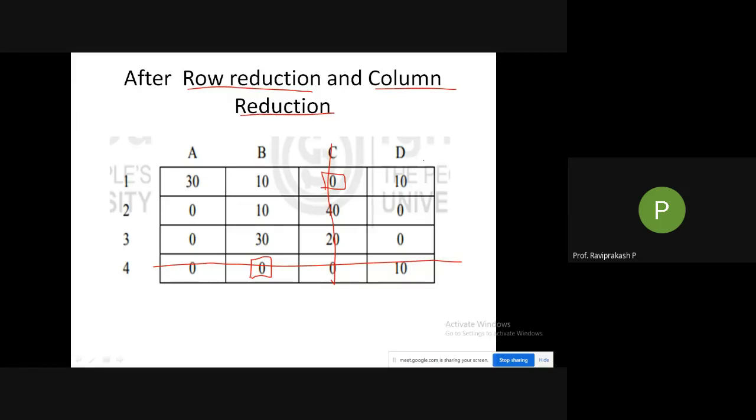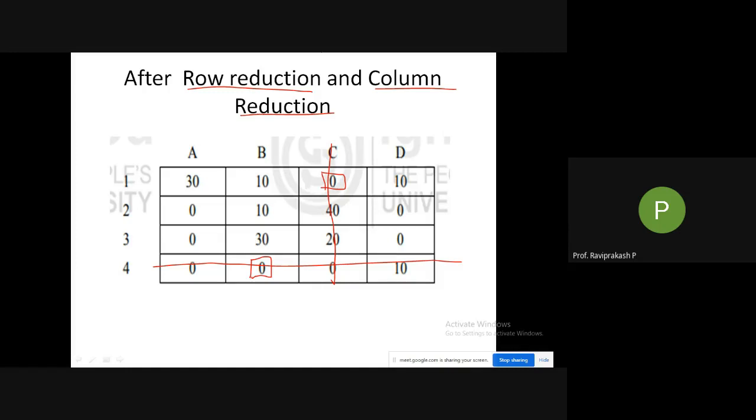Because the smallest value will be 0 here and the whole matrix will remain the same. If the lowest value is something other than 0, then the other steps we are doing will apply. But here the lowest value is 0, so whatever you add or subtract, that is 0, the matrix remains the same. There is no change in the matrix.